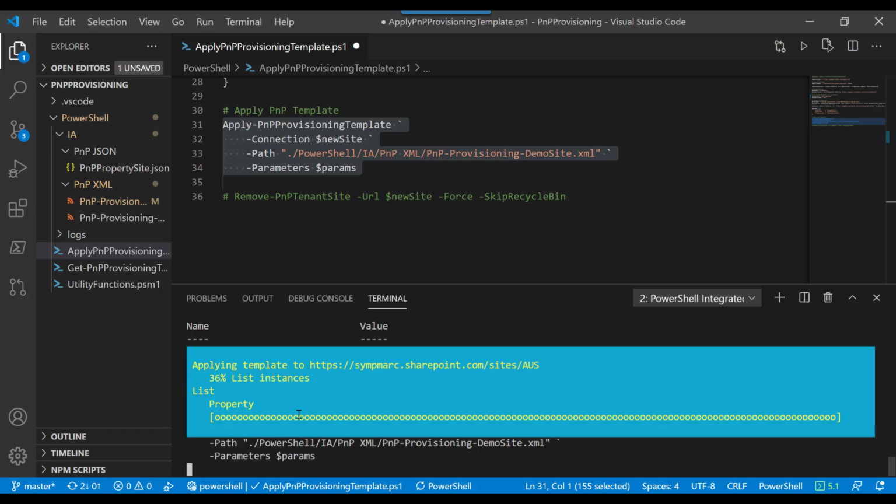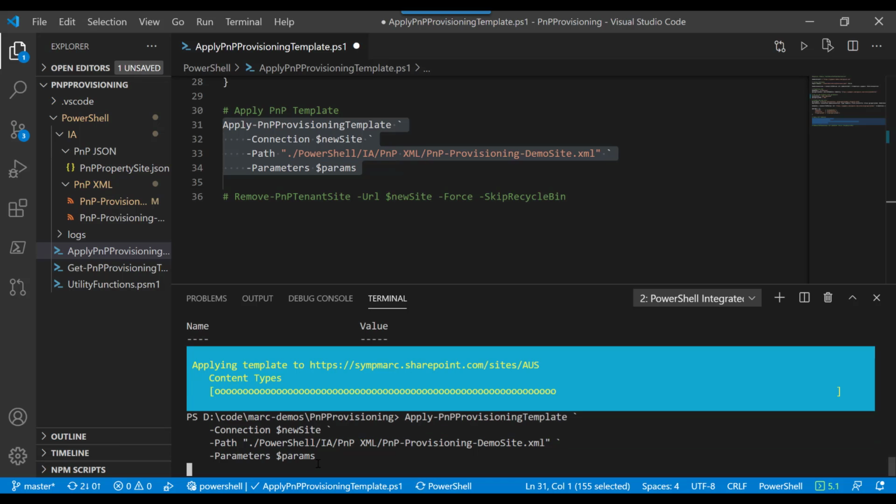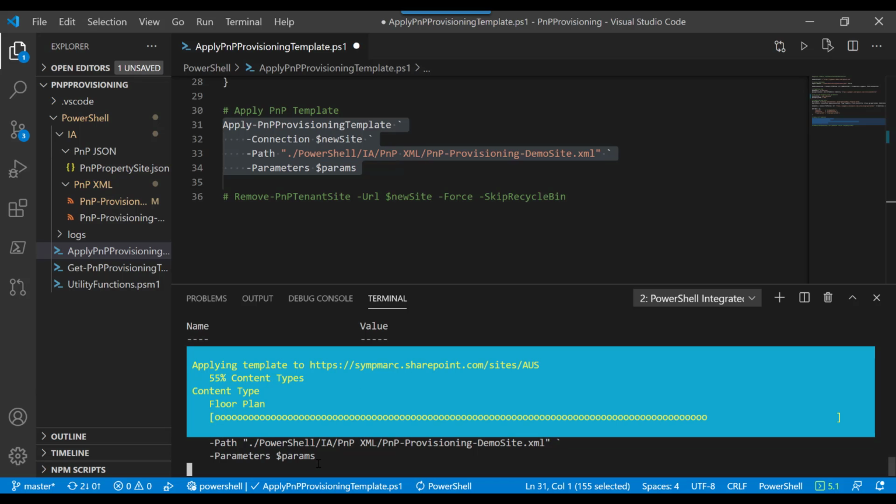It's going to create the list instances. There goes the property list. That will be done in a second. And you'll notice that it sort of bops around back and forth between lists and content types and things like that. I think it's a function of making sure that the dependencies work correctly. It just applied the content types to that list. Now it's checking some more things about the list. Almost done, 73%. So it's finishing up that property list,